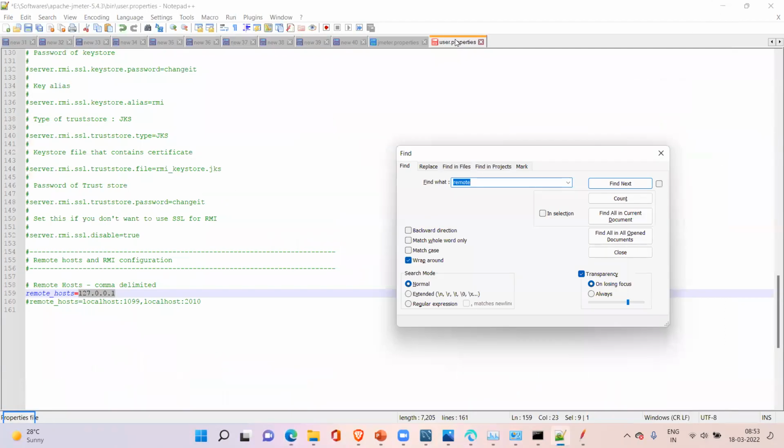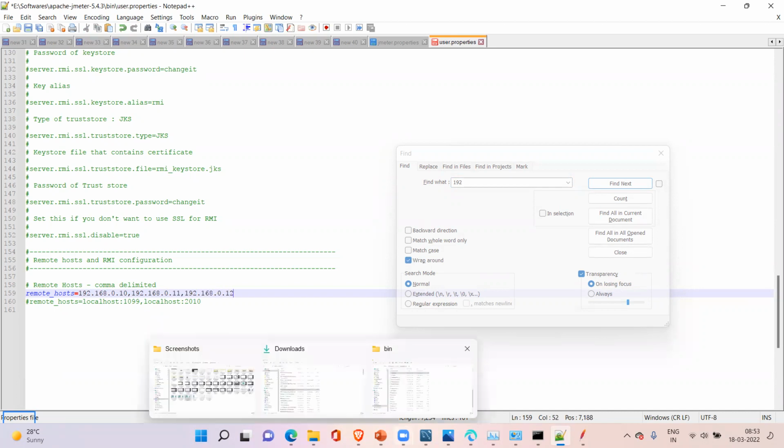Then on the master machine, you have to give the IP addresses of the slave machines here. 192.168.0.10, comma, 192.168.0.11, comma, 192.168.0.12.